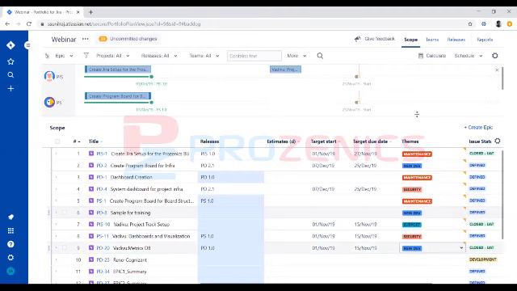So whenever you do an estimation, for example, maybe 8, 13,